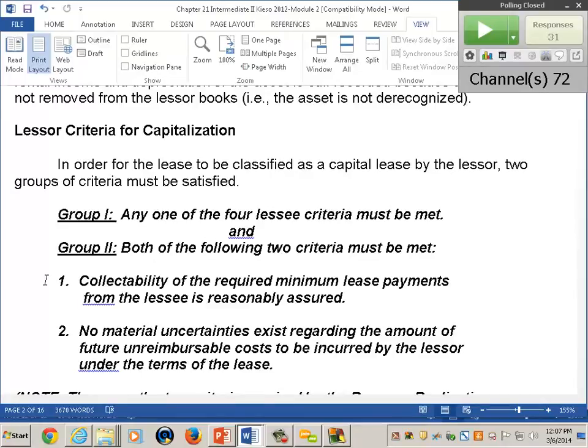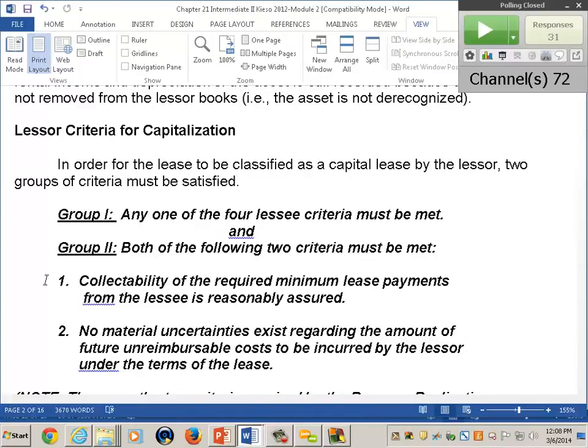What are the criteria for revenue recognition? Well, if you remember back in, I guess it was chapter 4 in Intermediate 1, and we're going to do it again in 18, and maybe even the conceptual framework, you recognize revenue when there's an exchange and the earning cycle is complete. The earning cycle is complete when there are no uncertainties as to future cost and collection. And that's all we're saying here.